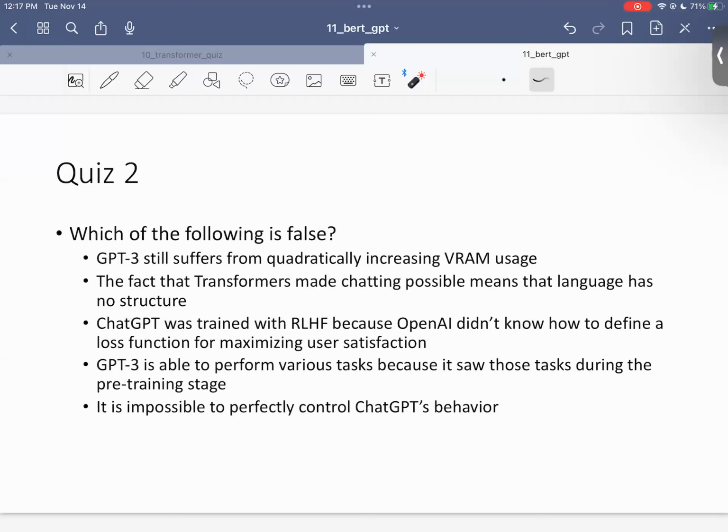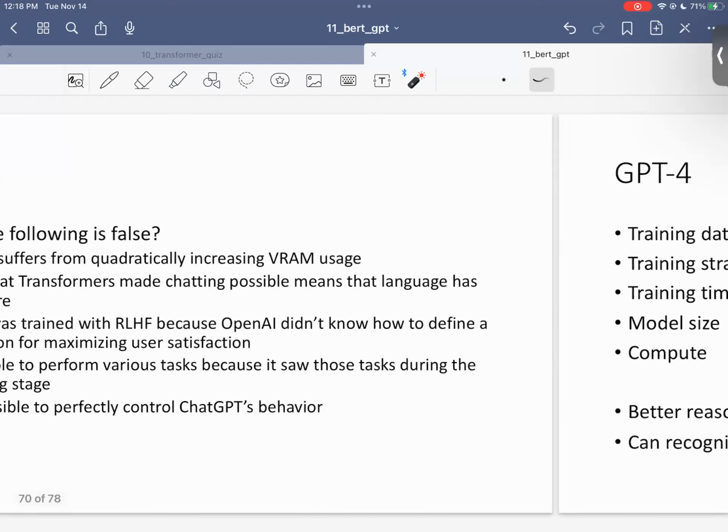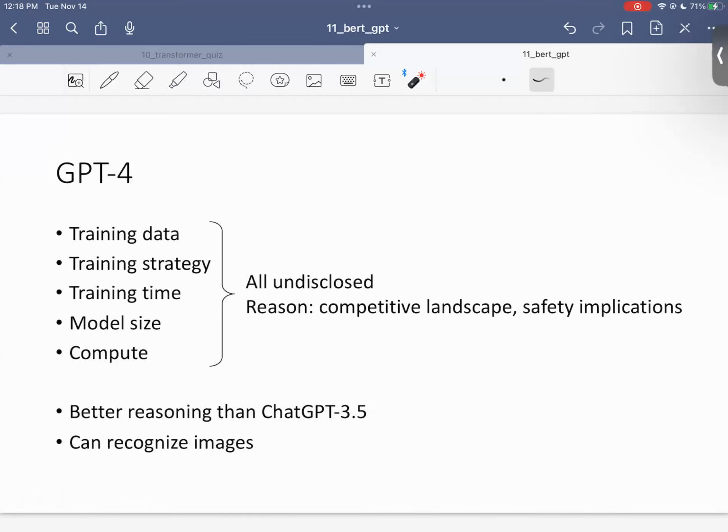Number 5, it is impossible to perfectly control ChatGPT's behavior. This is true because it is trained by human feedback, and human feedback is not controllable. There's no definite rule that governs human behavior, human preference, and ethics and morality. There's no such thing. So you can never perfectly control ChatGPT's behavior, just like how you can never control human behavior. So number 24. All right, so now I think we only have a couple more slides to go for